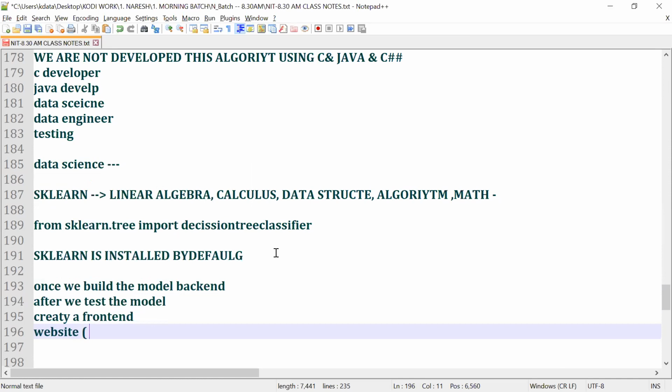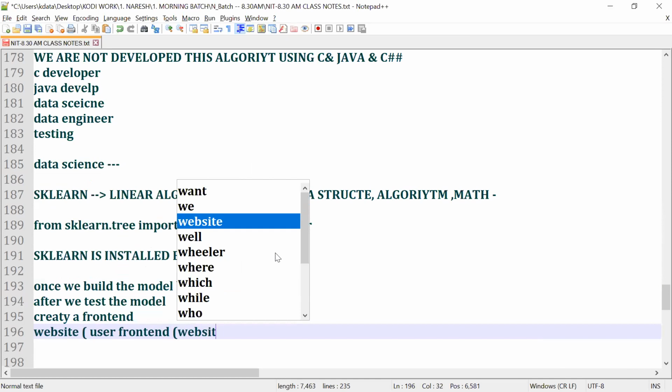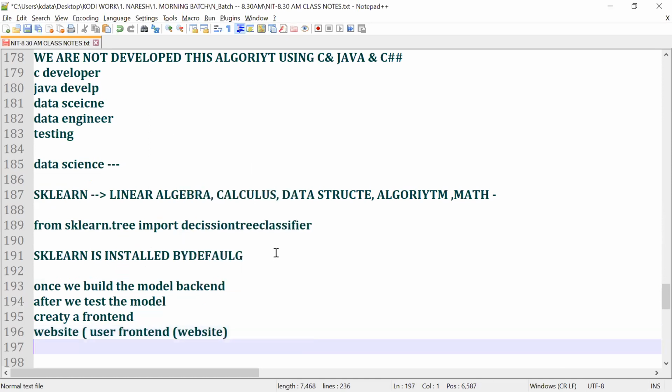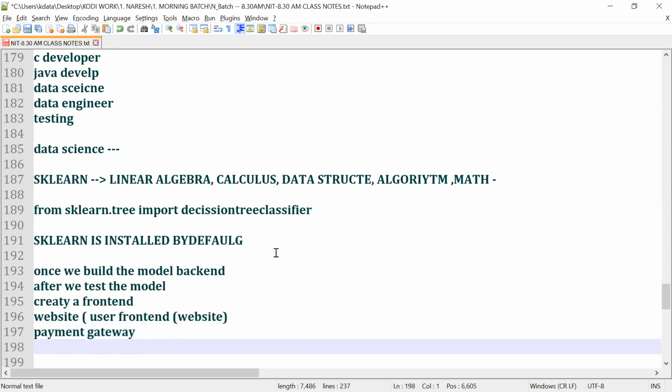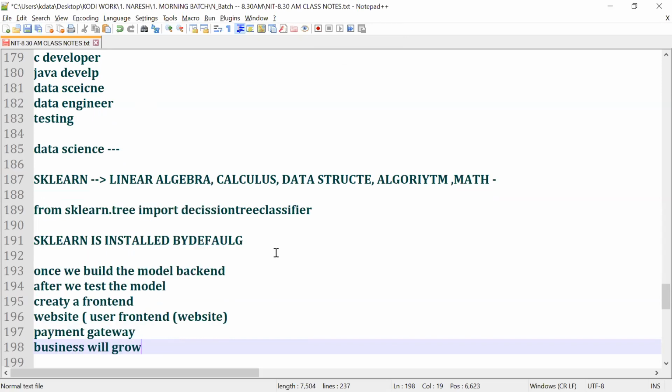Once we create a website, who are the users? You are the users, I'm the user. If the users of the front end or website like it, they do the payment through a payment gateway. Once the payment transaction is done, your business will grow. Your business will grow. Do you understand or not?